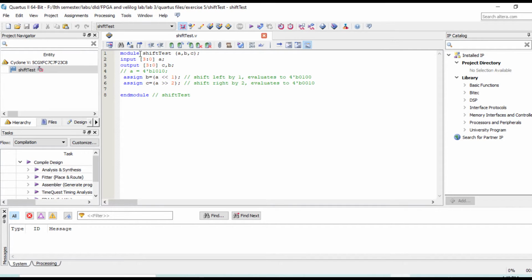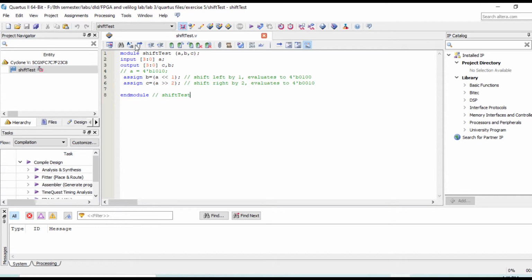Next I will explain in front of you the shift test operator, basically the shift operator. The question is, what is the shift operator? Basically it shifts your value towards the left or towards the right by 2 digits, 1 digit or 3 digits, as you want.